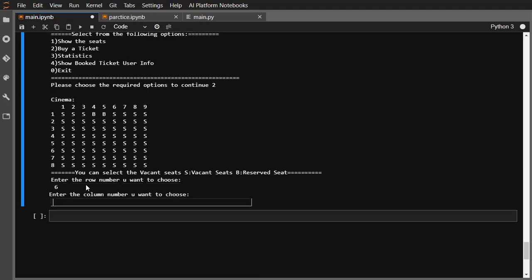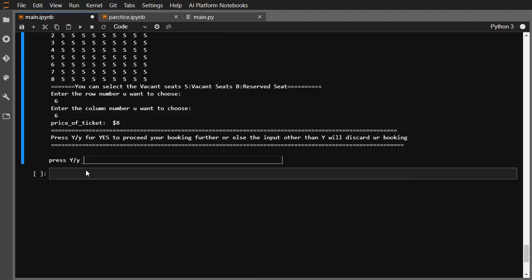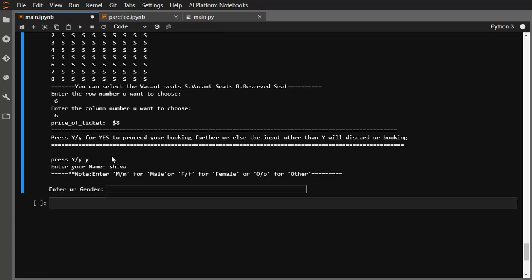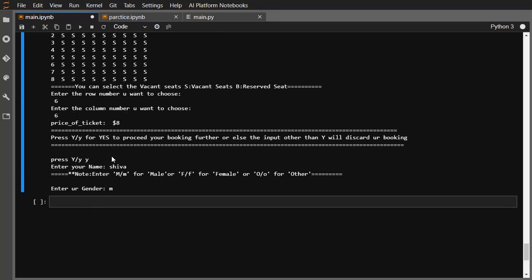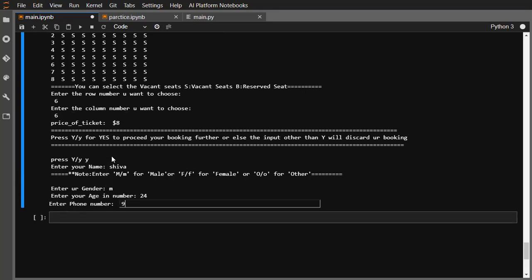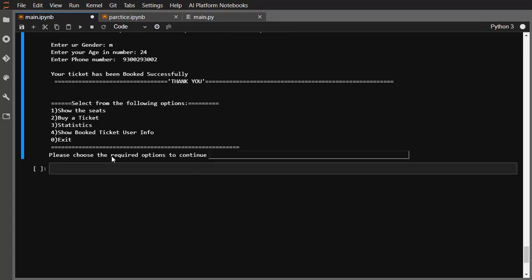So let me do that. Whoa, so the price of the ticket is $8. Press 5 to continue. Yes. Enter your name. Okay, and some name. Okay, cool. Now, what happens here is, if you want to show the seats,